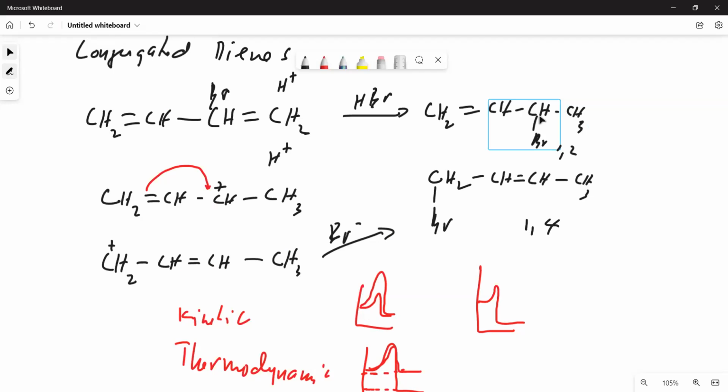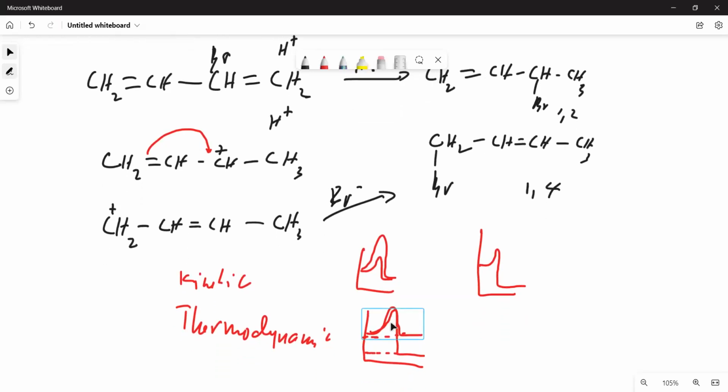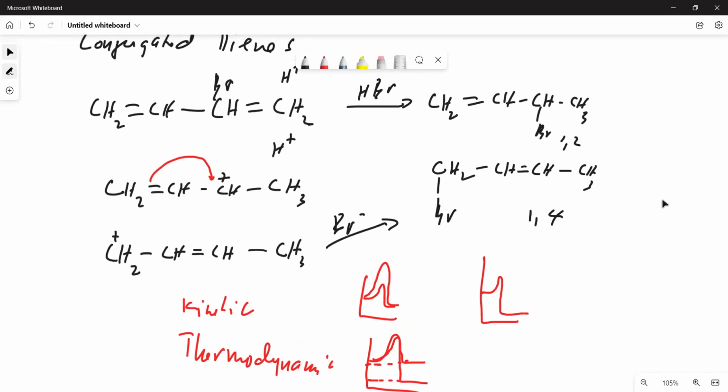And in order for the kinetic controlled product to have the right conditions, you have to lower the temperature so that the reaction becomes irreversible. And the controlling factor will be the barrier. So let us say negative 78 degrees, or negative 45 degrees. But if you raise the temperature to, let us say, 45 degrees Celsius or 80 degrees Celsius, the reaction will become reversible, and the 1,4 will become the dominant product.